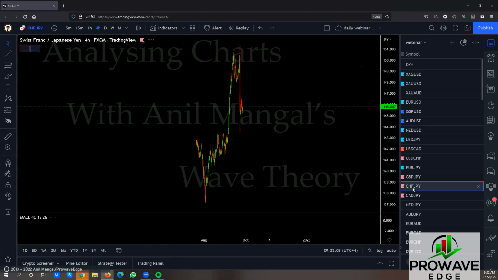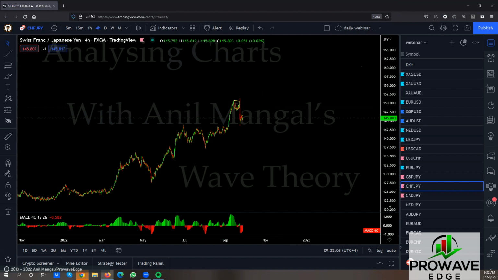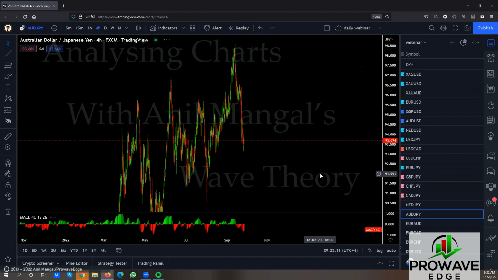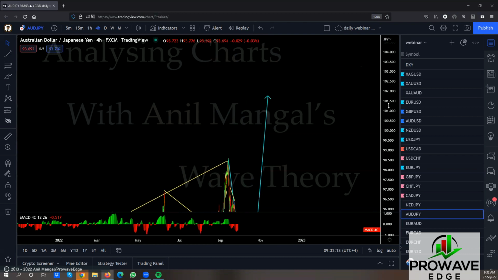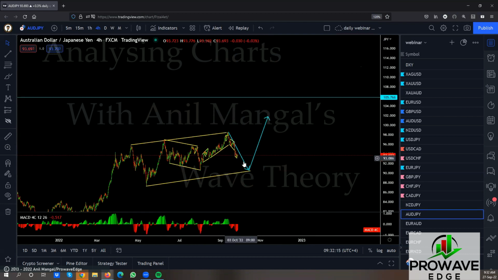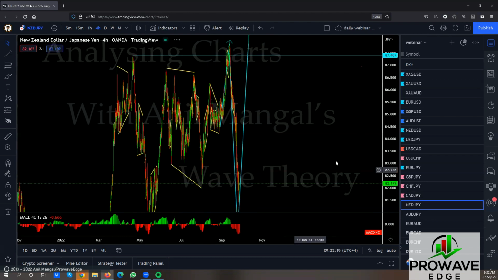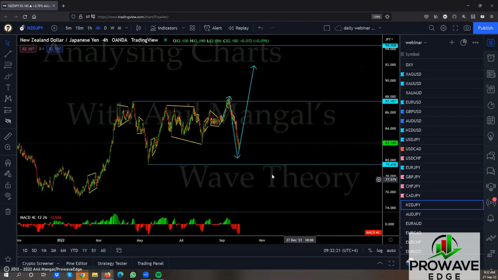I think we had one in the Swiss yen. No, not the Swiss yen. We had one on one of the other yen pairs. I think Aussie yen, sorry, had it there. So Aussie yen is the same thing, right? So which means this is coming down somewhere. So let's go back to the New Zealand and look for the sell setup. There's one more sell to the bottom.